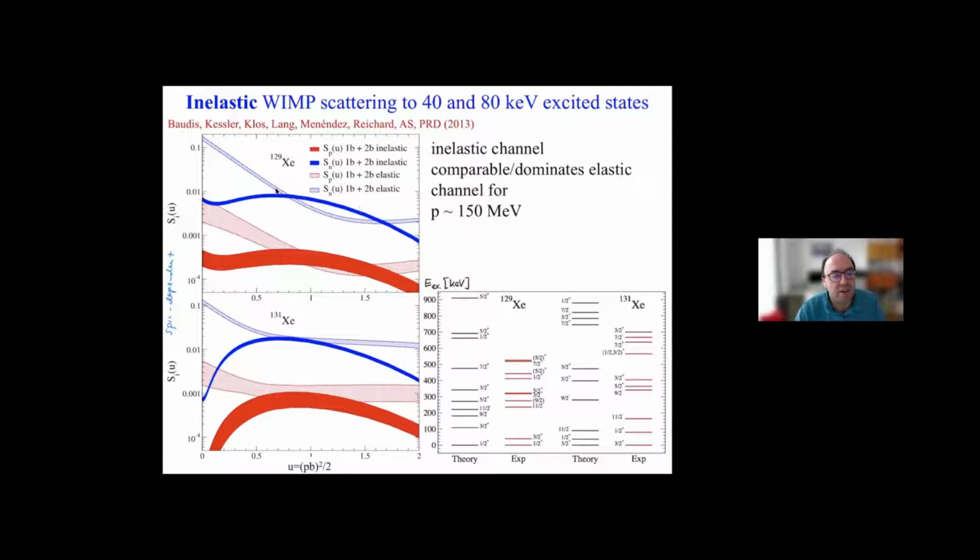So you can see here the bump from the inelastic excitation, and you can see that at this variable u around 1 or so, which corresponds to a momentum transfer of 150 MeV, the inelastic excitation is actually comparable to the elastic scattering. Now, in the experiment, you're mainly sensitive to this part here, but if you had some nucleus or some target or some experiment where you start to become sensitive to this inelastic increase, it's very interesting